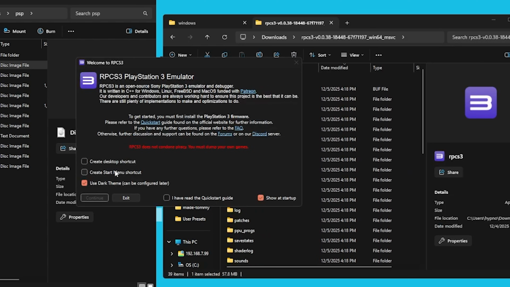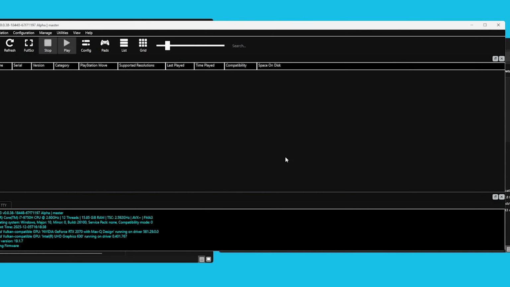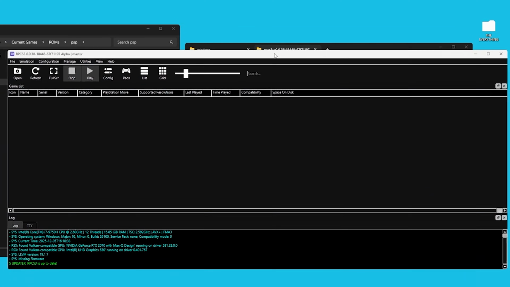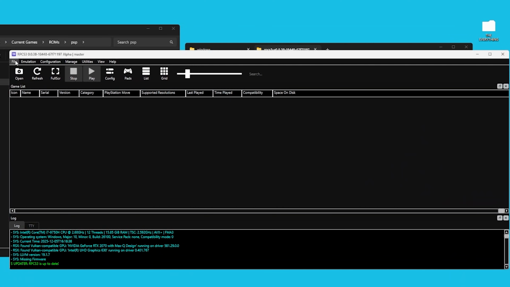RPCS3. We're going to open that up. Yes, I love reading. You'll just click on I have read the quick startup guide, press continue, and whoa, here it is. The first thing that we want to do before we do anything else, to acquire these BIOS